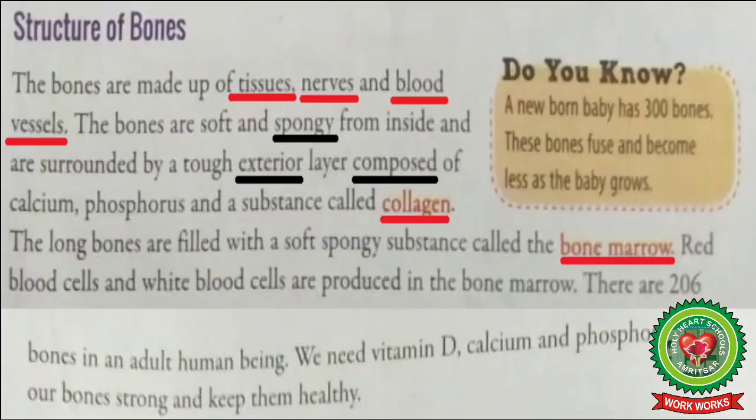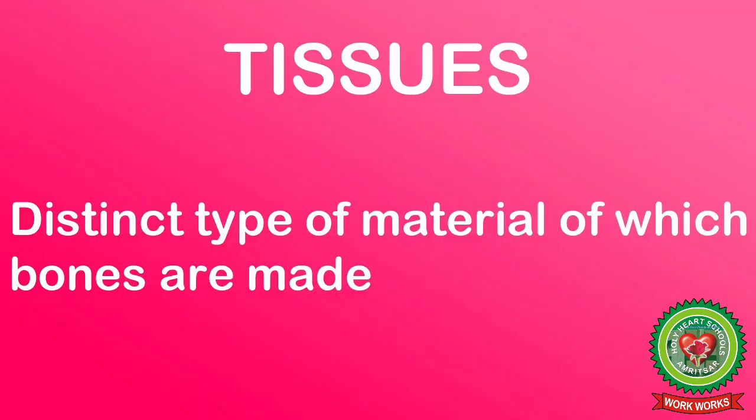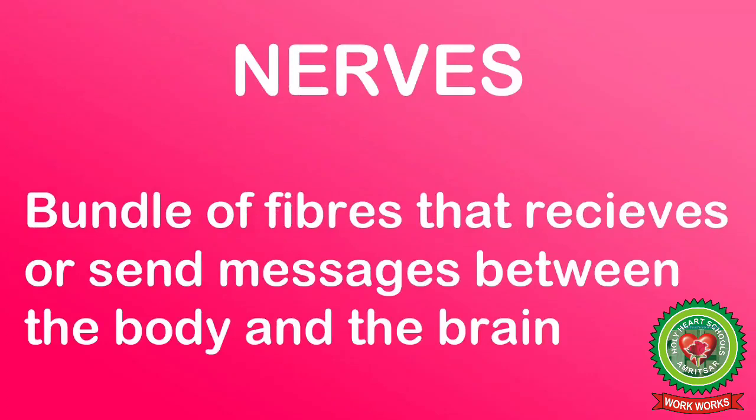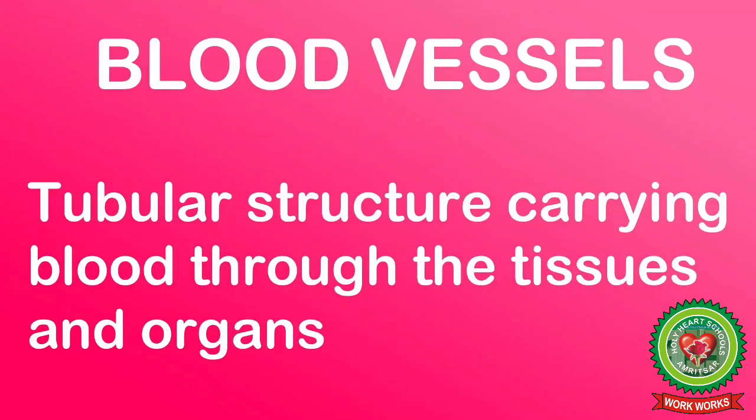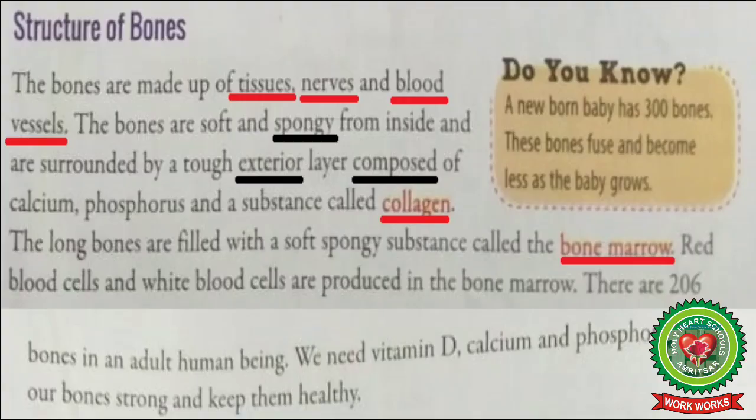Now next topic is structure of bones. Now students, bones are made up of tissues, nerves and blood vessels. Tissues are distinct type of material of which bones are made, consisting of specialized cells. Nerves is a bundle of fiber that receives and sends messages between the body and the brain. And blood vessels are tubular structure carrying blood through the tissues and organs. Bones are soft and spongy from inside and are surrounded by a tough exterior layer composed of calcium, phosphorus and